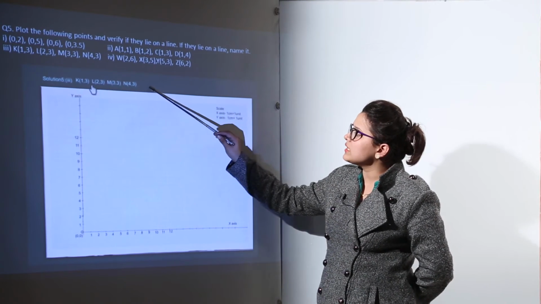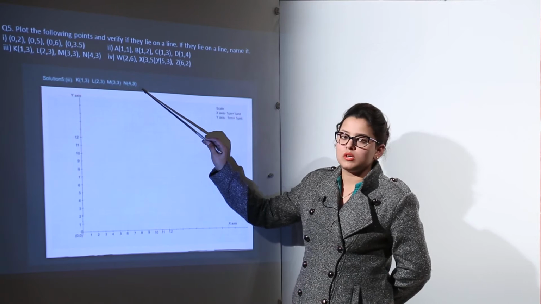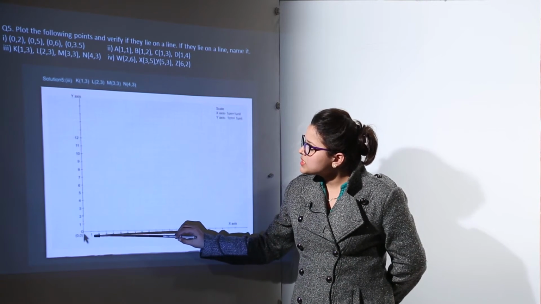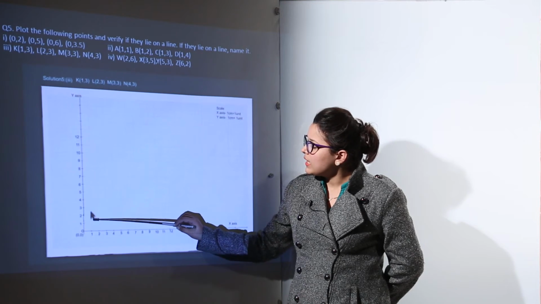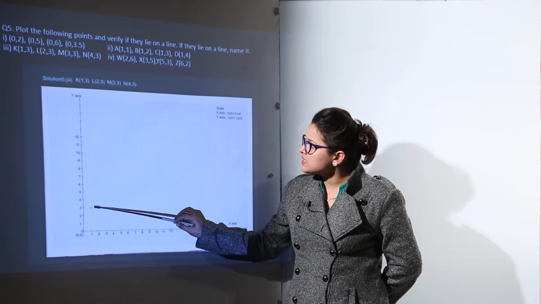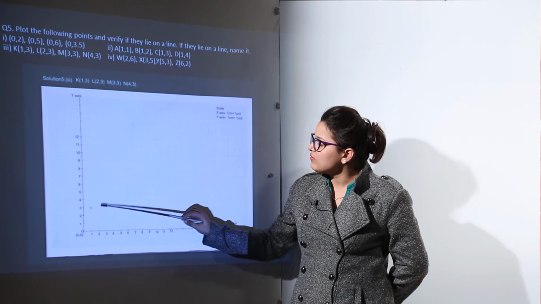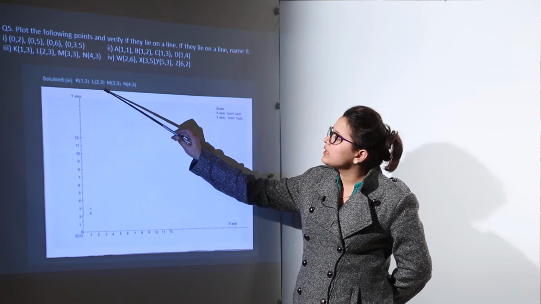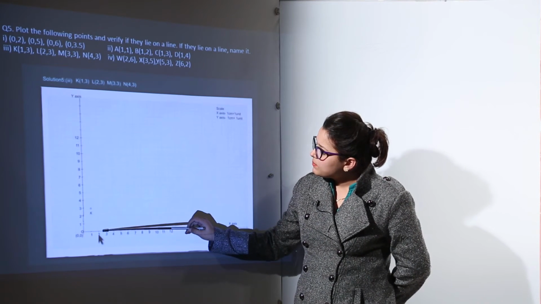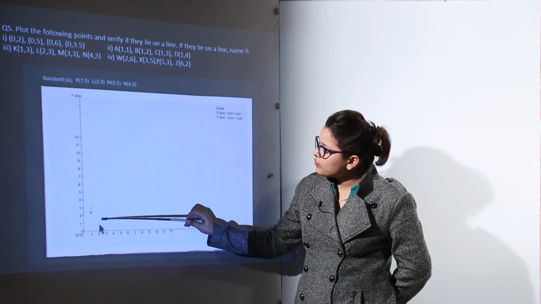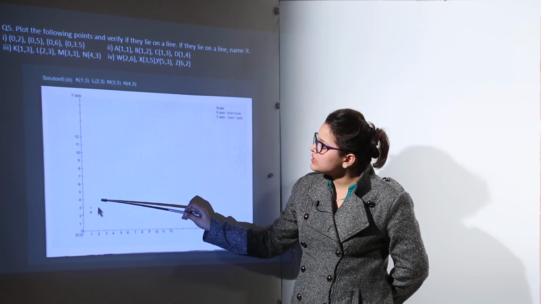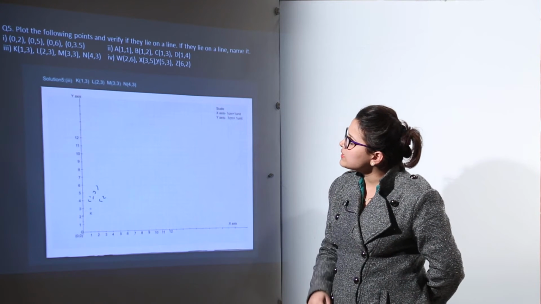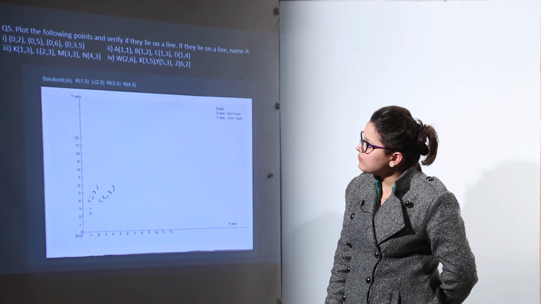Now the third question is K, L, M and N plotting. So let us start. Point K. You start from x-axis point 1, move up to 3 on the y-axis and you mark point K, which is (1, 3). The next is point L. L is at perpendicular distance of 2 from x-axis and perpendicular distance of 3 from y-axis. So you get the point (2, 3) and name it as L.